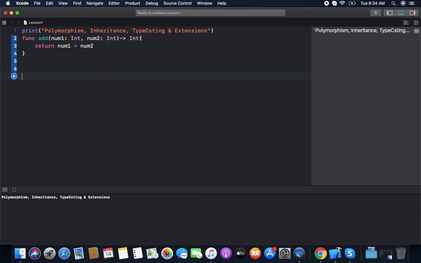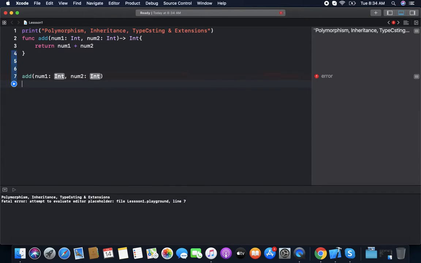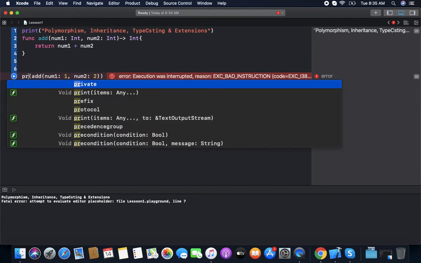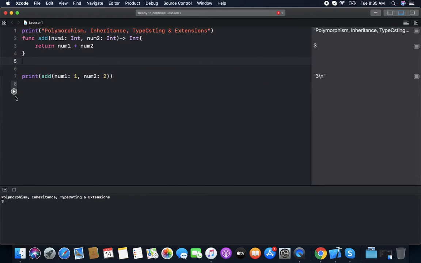So if we want to call the function add with 1, 2, and the response we want to print it. So this is the function, and we can print it. It's 3.